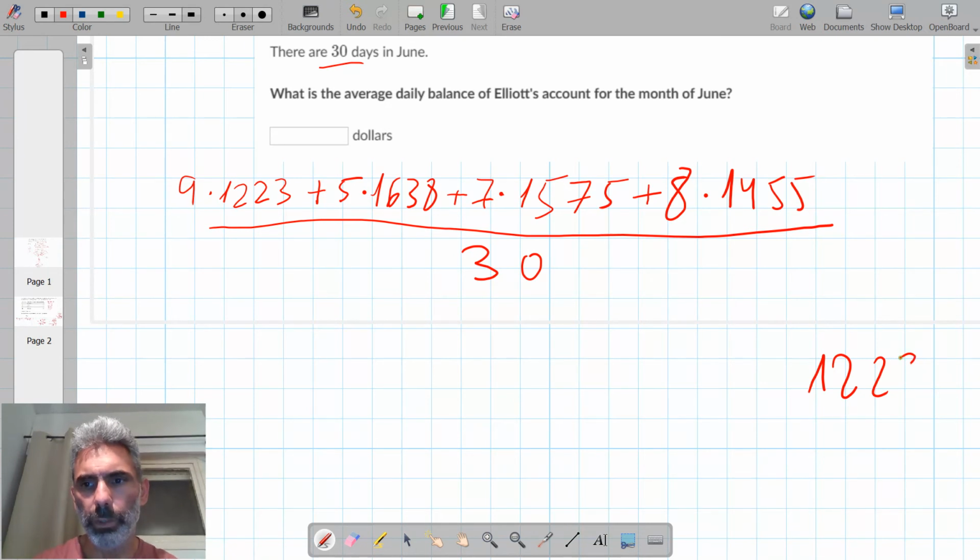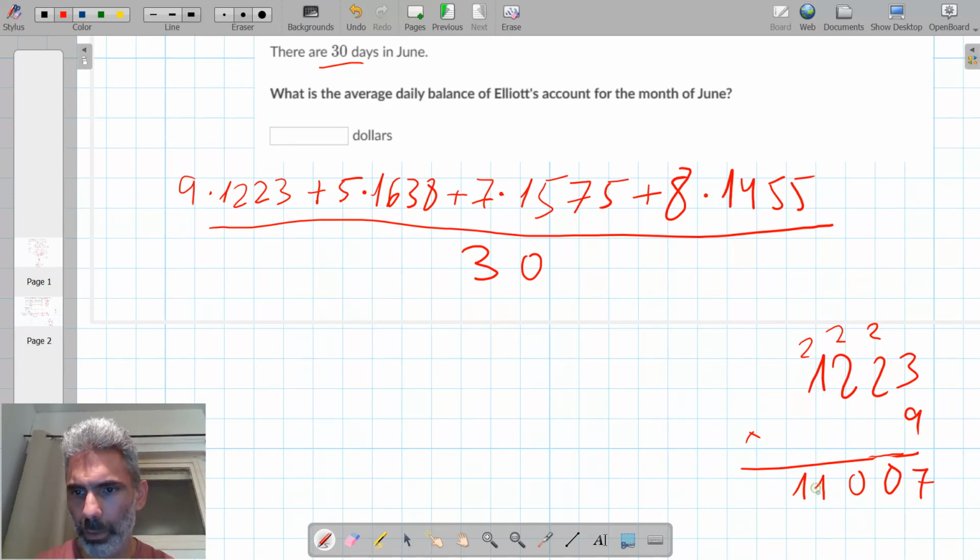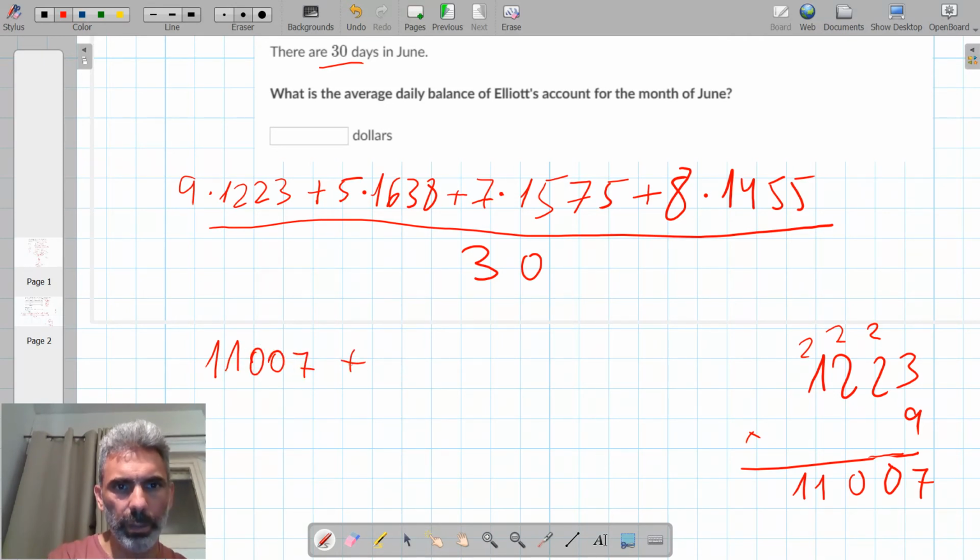Let's see. 1,223 times 9. 9 times 3 is 27, 9 times 2 is 18, plus 2 is 20. 9 times 2 is 18, plus 2 is 20. 9 times 1 is 9, plus 2 is 11. So $11,007 plus